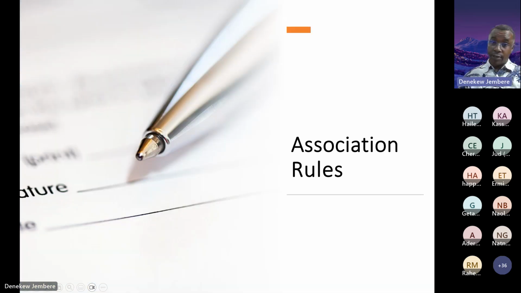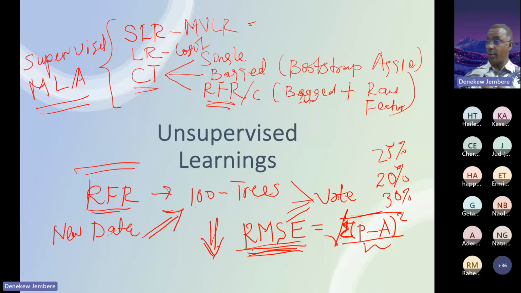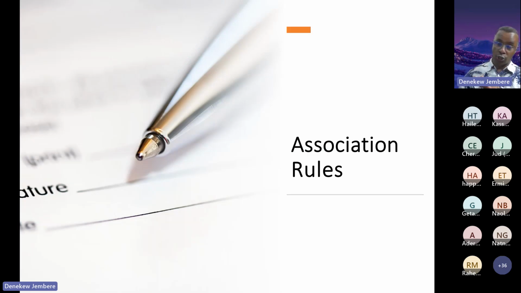Now, in case of unsupervised learning, we will be discussing unsupervised machine learning algorithms. The first one of which is association rule. At times, we want to get association between data points. To begin with,